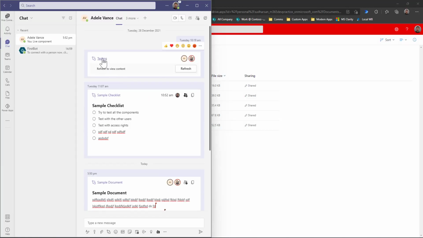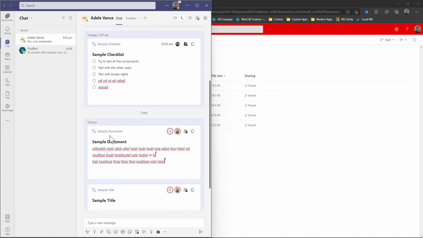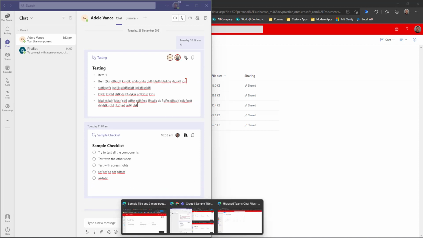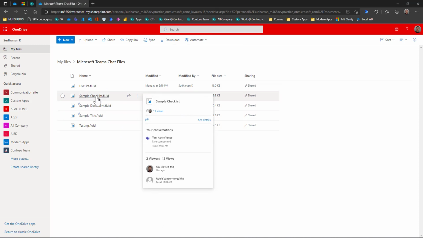You can see the first is testing, second is sample checklist, sample document, sample title. And when you see the content here, testing, sample title, sample document, and sample Fluid, you can even directly open this file and do the update, or you can just do it via MS Teams.